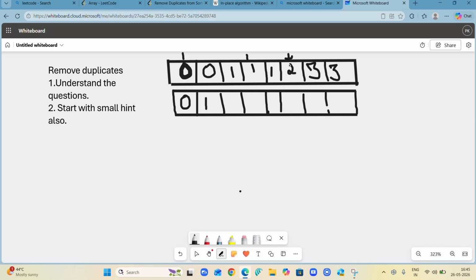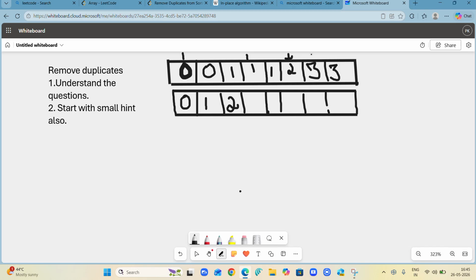So what you are going to do is new array of index, which is for the second element, you store new array of index equals to I. So 0, first, second. So the second number also gets stored over here. Now moving to the next step. Now index plus plus would also have been done.